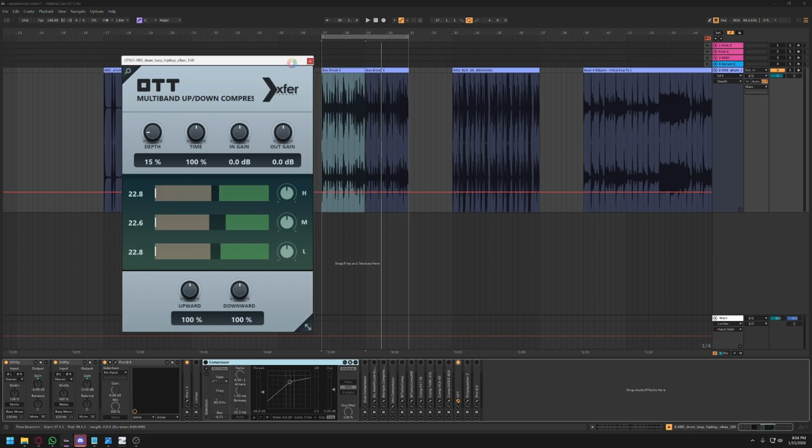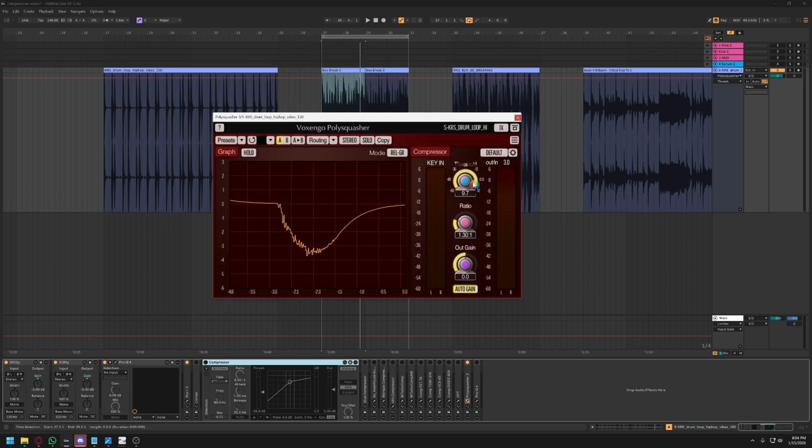But anyways, I think multi-band is a topic for another time. But the concept of compression is the same. Here's another one, the Poly Squasher from Voxengo. Okay, so you've got your threshold. Here you have a good visualization of the compression that's happening. See, if I turn the threshold all the way up, you'll see nothing. And as I reduce it,